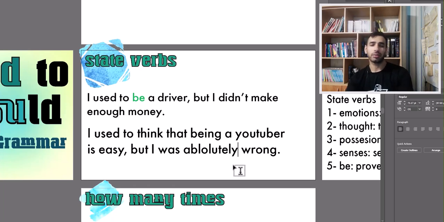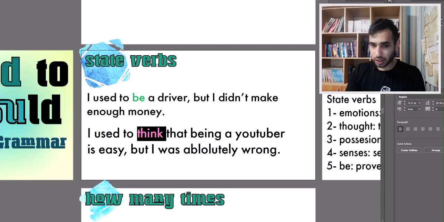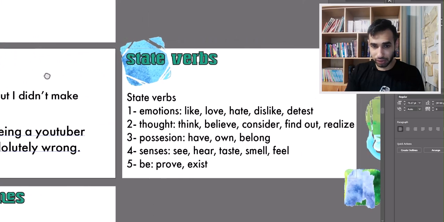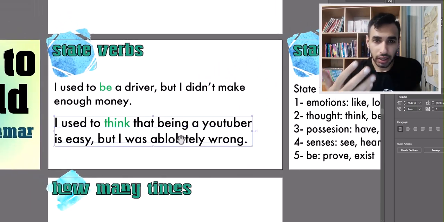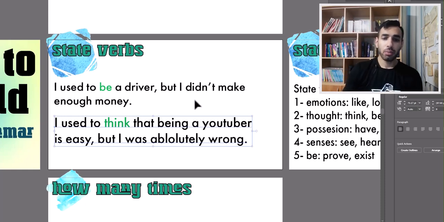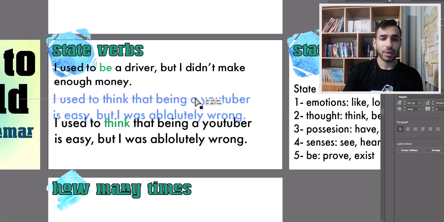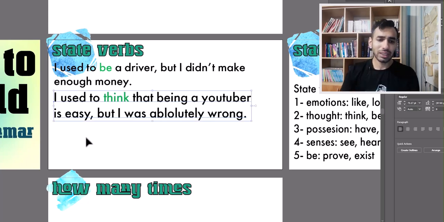In this example, we don't have a time reference. I used to think. I have a state verb here, think, and I don't have a time reference. So, based on grammar rules, I am not allowed to use would. But with verbs describing an action, I can easily use would. For example,